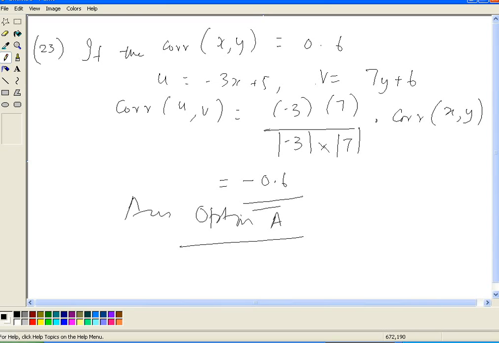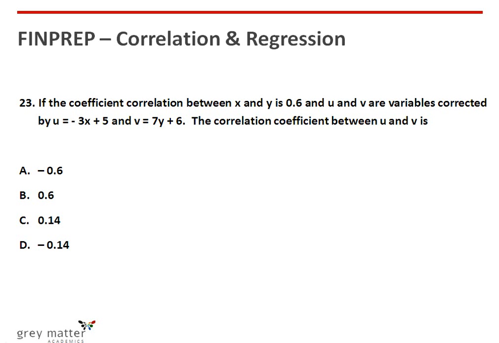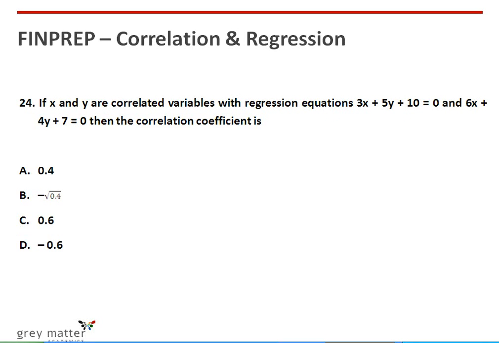Now they get cancelled, but a negative sign alone is left out, and the correlation of x comma y is 0.6. So the answer is minus 0.6, the correlation coefficient of u comma v, or the answer is option A. Now we go back to the PowerPoint presentation, which says it is option A, which is minus 0.6. 24th question. If x and y are